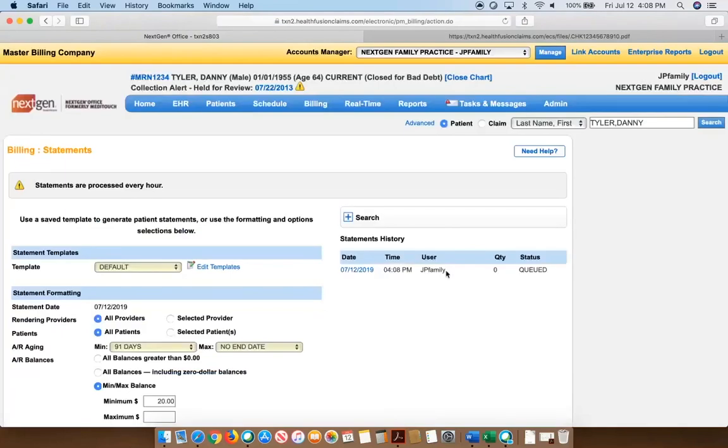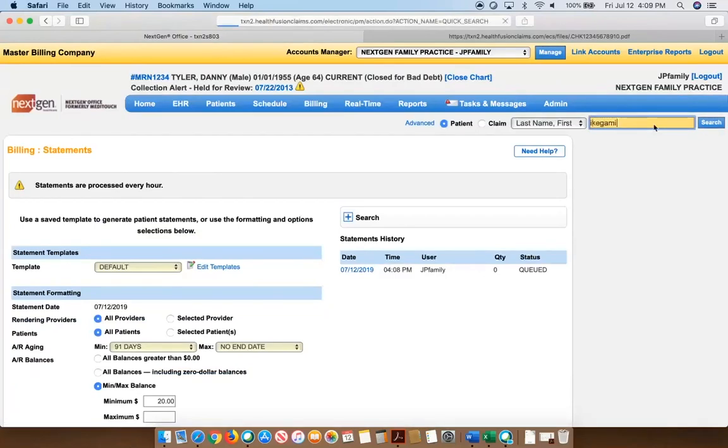The batch over here, if we were to click on it, would bring up 5 or 10 or 500, however many statements are in that batch for bulk printing. So they're generated in a batch for bulk printing, but they're also parsed out individually to each patient's chart. So if a patient calls in asking why they have a balance, it's very easy for your staff to open up and view the exact same statement the patient's holding. Go here and